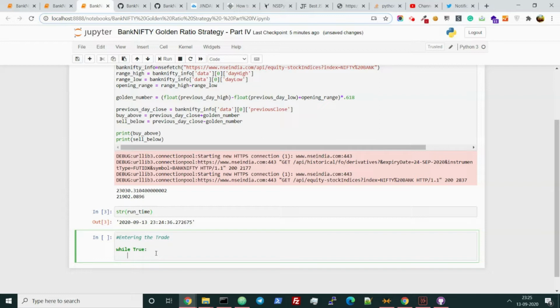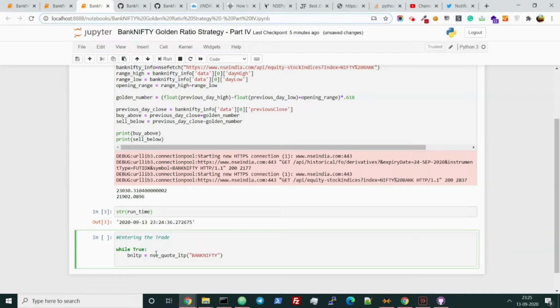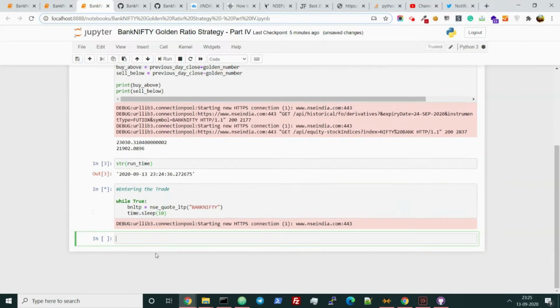So while True, let's just check the Bank Nifty LTP, NSE. Correct. And let's check if time sleep is working properly. Time sleep 10. We are just running it.